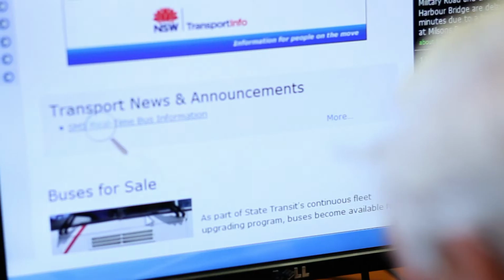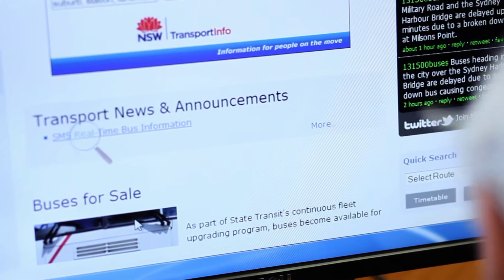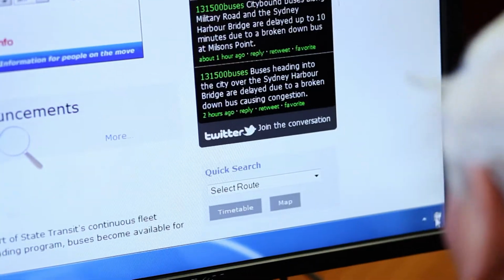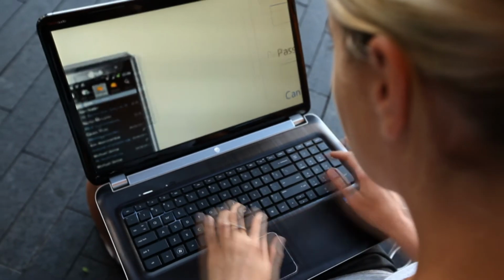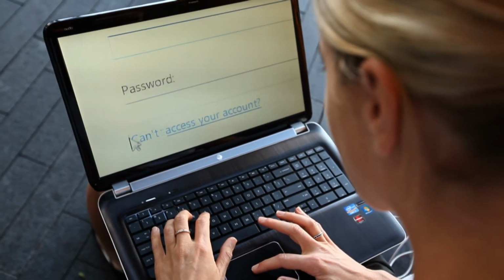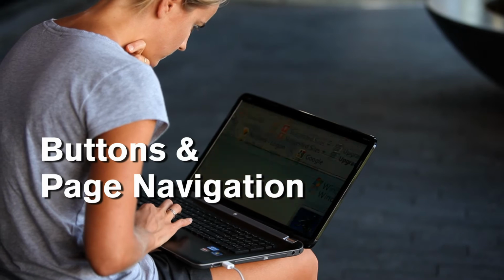Bruce navigates a transport website. Typically what they do is they hide the next button. They might put it on the far right or right down the bottom, and when you've got a screen magnifier on, you've lost it. It's not on the screen anywhere. Text on screen, buttons and page